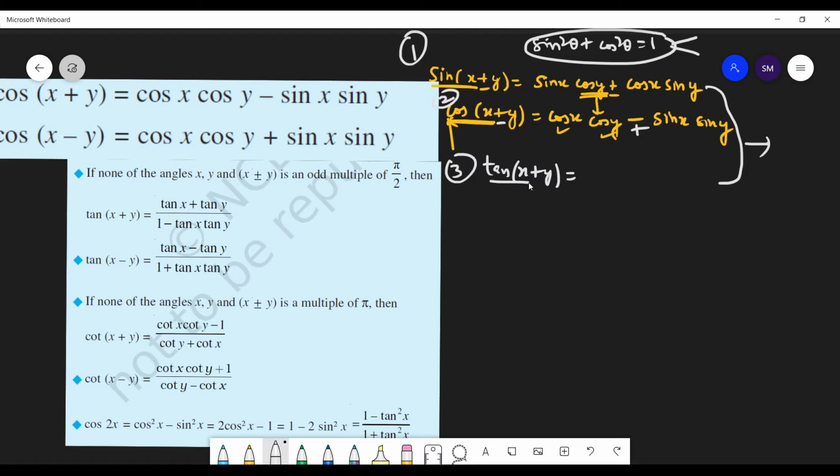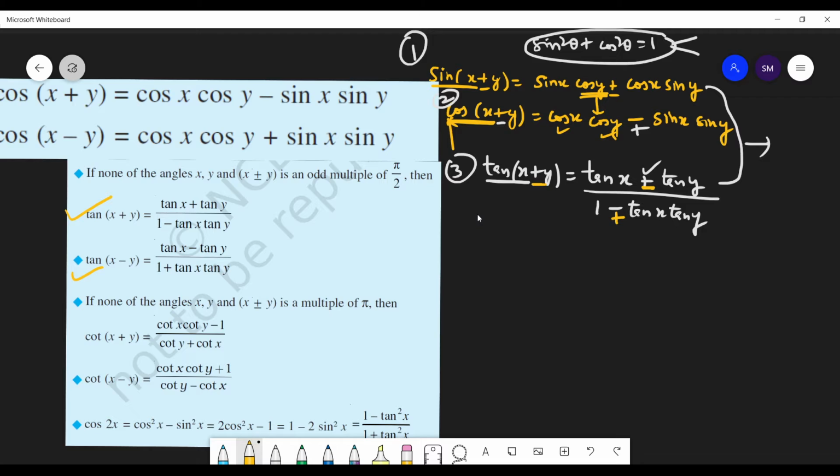tan(x plus y). So here also start with the same, as I told you, start with the sine x, start with the cos x. So here also you're going to start with the tan x. Now there is a little bit of change: this is tan x plus tan y divided by 1 plus. So if it is plus here, then you will have minus. So plus you have already used, so now minus. So tan x tan y. And this is the formula that I have written. Now if the formula is negative, then negative here and positive. So basically these three formulas are very important.